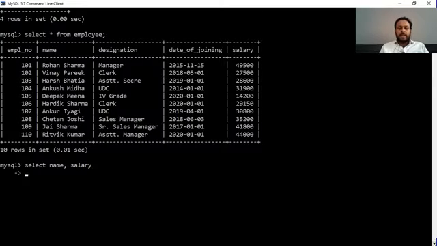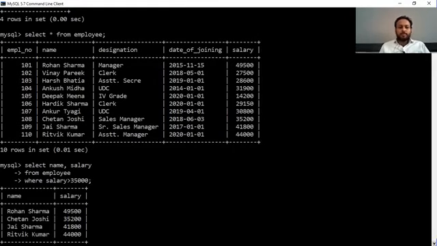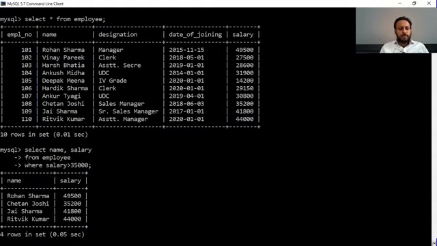Select name and salary from EMPLOYEE where salary is greater than 35,000, semicolon. There are only 4 workers whose salary is greater than 35,000.